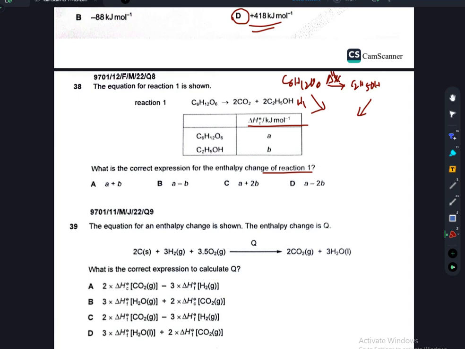I call this delta H1, delta H2. So H1 is equal to H2 plus HR. I'm not adding the delta signs. So delta H1 minus H2